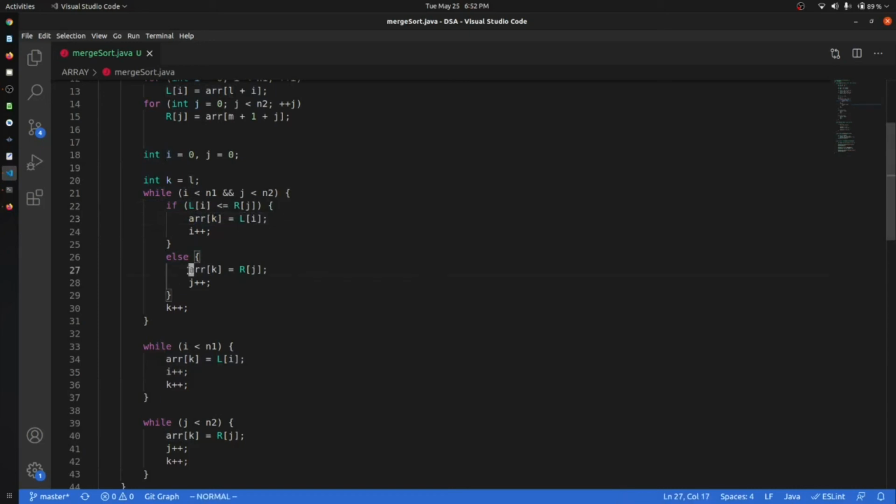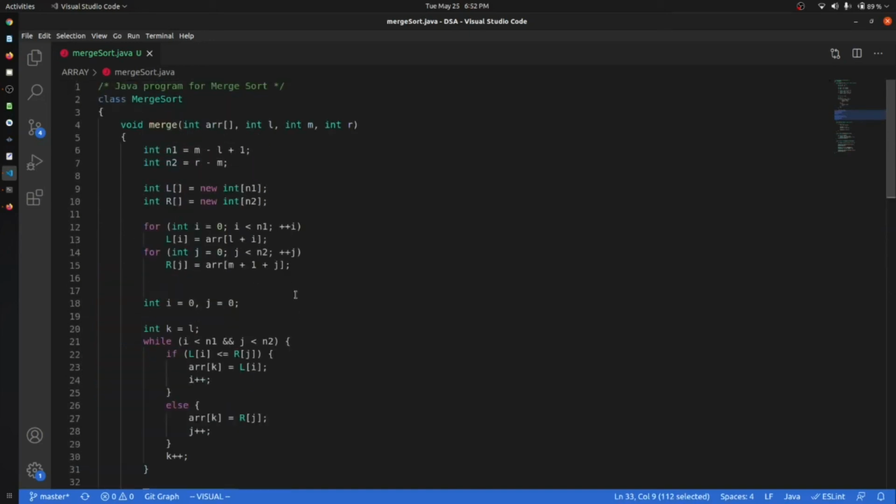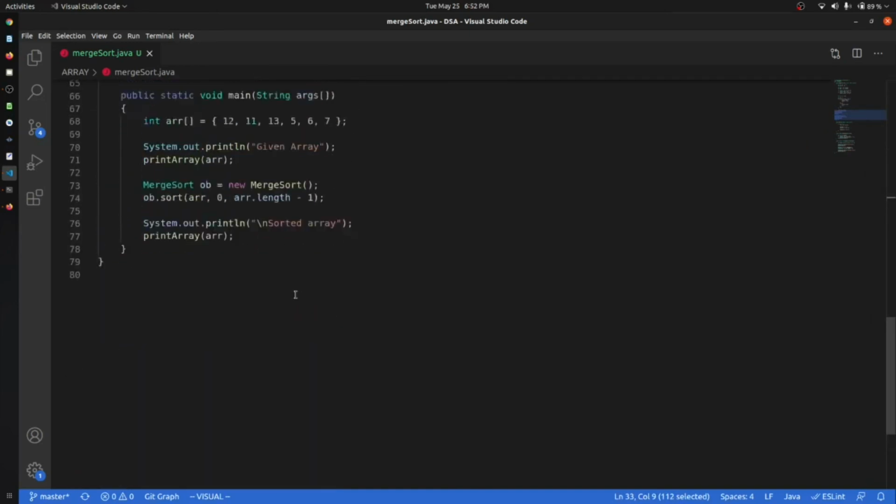In a similar way, you can check that if it is not less than that, then it will do the replacement in that only. Okay. In a similar way, this is also doing, it is just incrementing the values from the point of i and j. Okay, so this is the way in which we can do the merge sort.